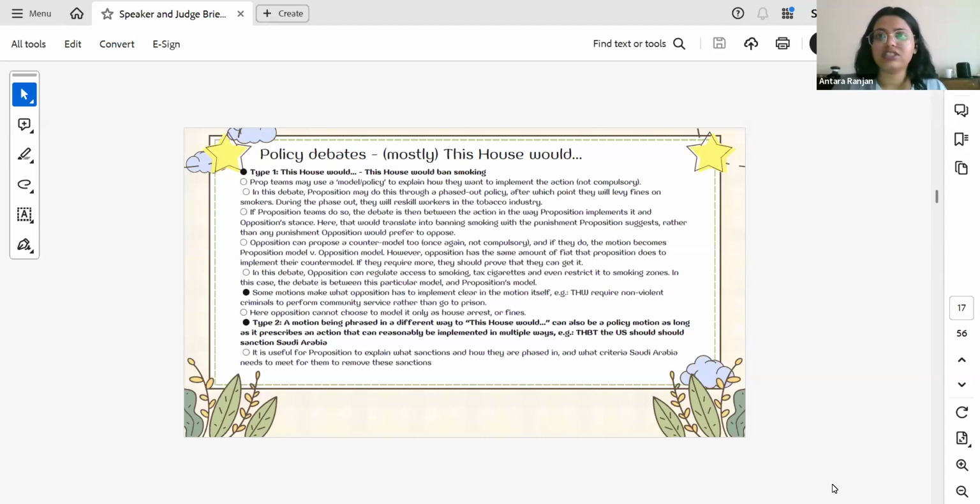The kinds of motions that exist in debate remain the same at university and school level debating, right? So, whatever you study today, you get to use it for the next however many years you are part of the debating circuit. If you have any questions, wait for me to finish the part that I'm talking about. If your question is still not addressed, put it in the chat. We'll spend the last 10-ish minutes of today's class going over the motions and the questions, right?